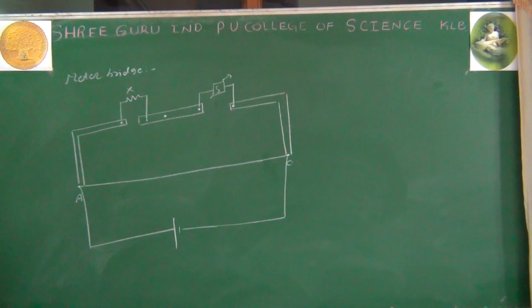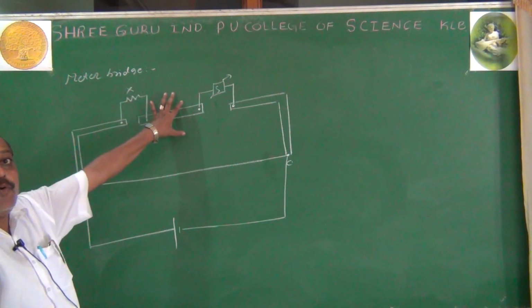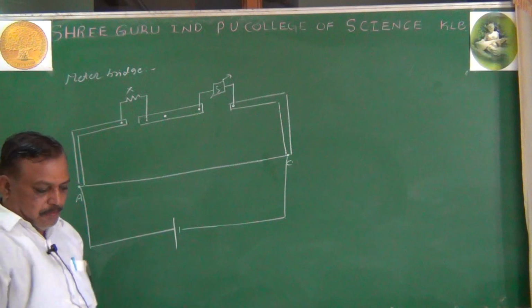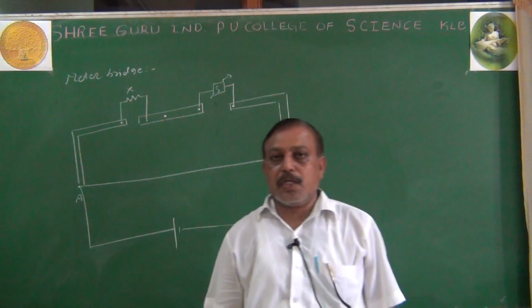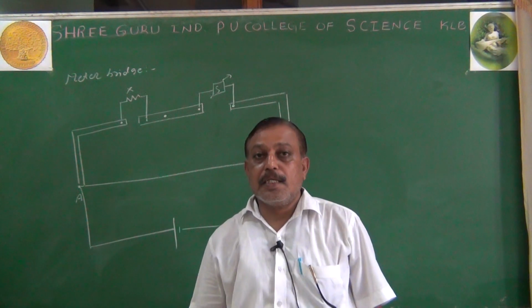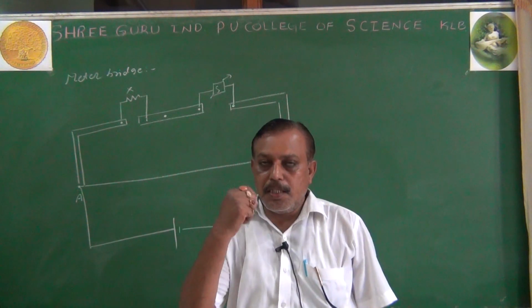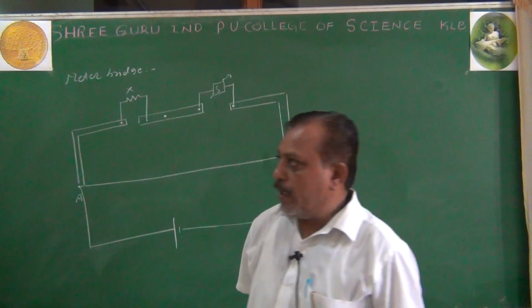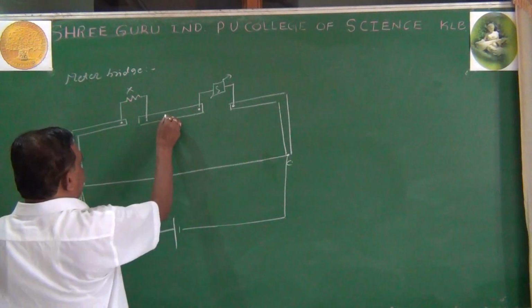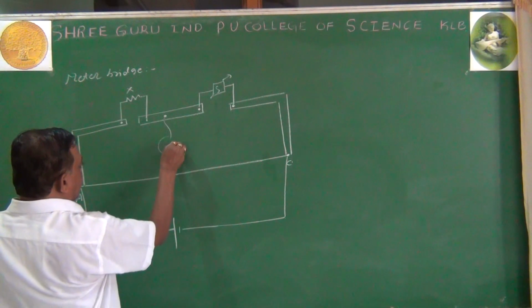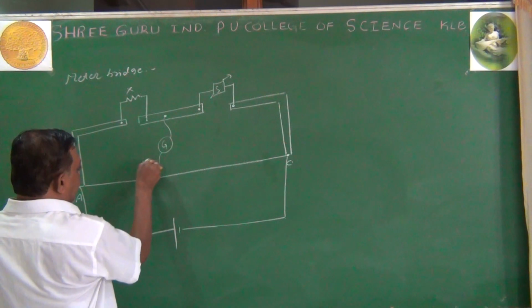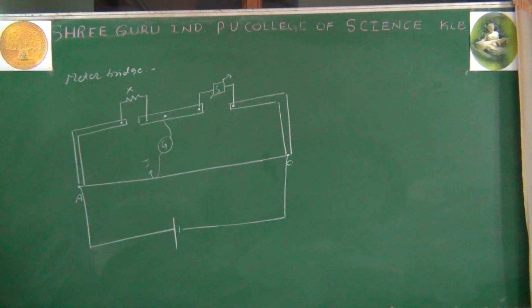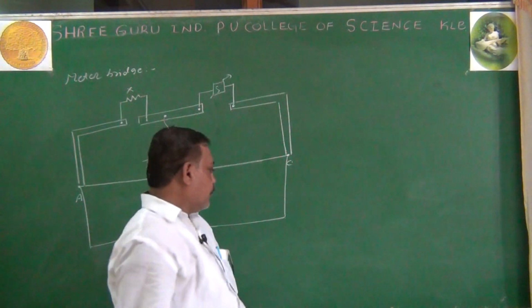We are told that it is based on the principle of Wheatstone network. When the Wheatstone network is balanced, the current through the galvanometer is made to be 0, then the network is said to be balanced. I must need the galvanometer. Where is the galvanometer connected? The galvanometer is connected here, and this is one end of the galvanometer. Another end of the galvanometer is connected to the jockey or sliding contact. Now this is my circuit diagram, having the EMF E.